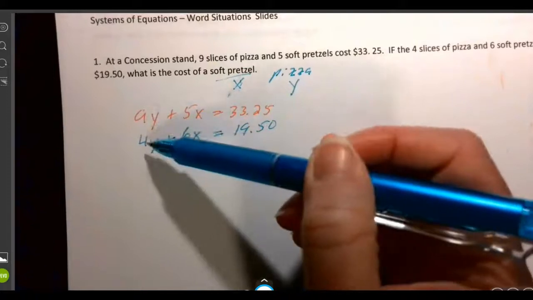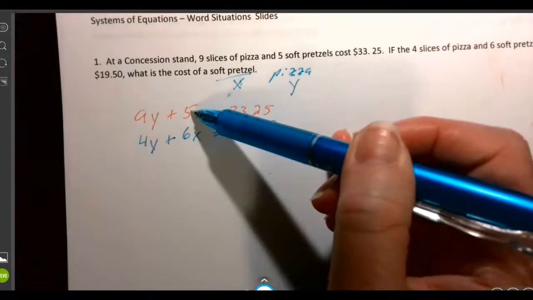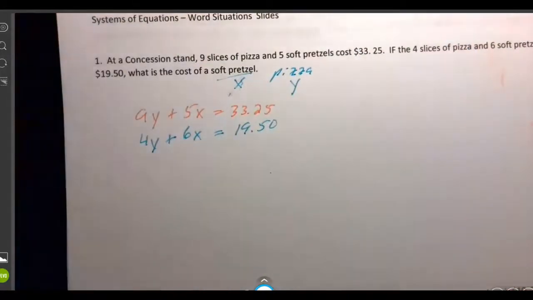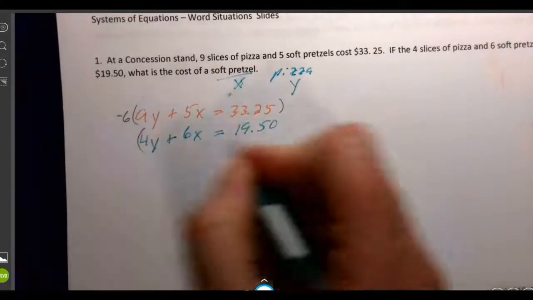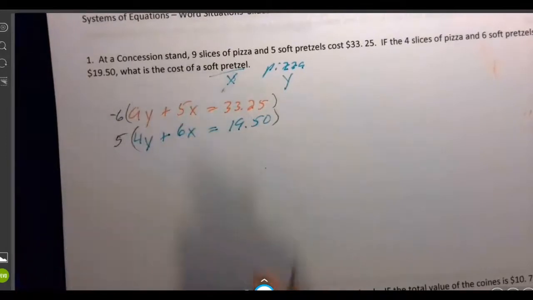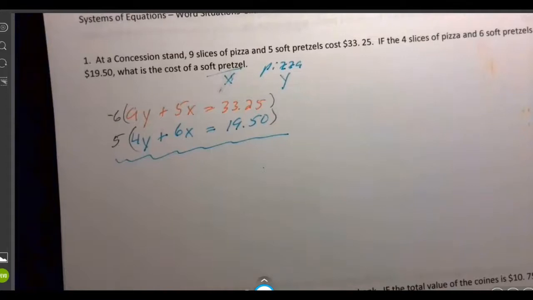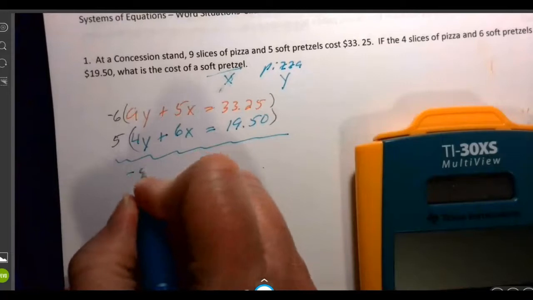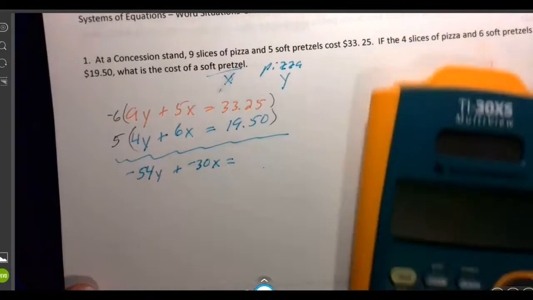It doesn't really matter. I can multiply this one by a 9, this one by a 4, or this one by a 6, and this one by a 5. One of them is going to be a negative, and it doesn't matter. For some reason, I'm leaning towards the 5 and the 6, so I'm going to multiply through by a negative 6. I'm going to multiply through by 5. And obviously, we're going to need calculators for this. So this is my squiggly line, because I'm going to write out what these are equal to. So I have negative 54y plus negative 30x is equal to